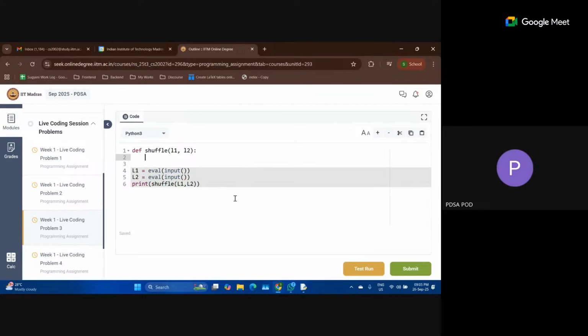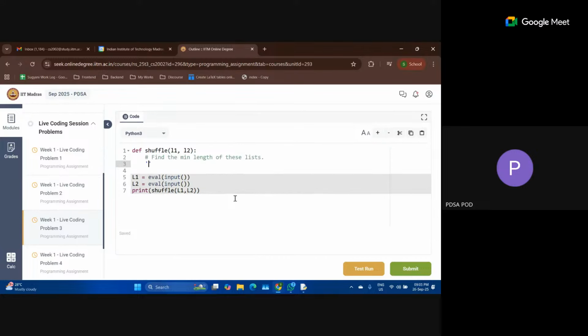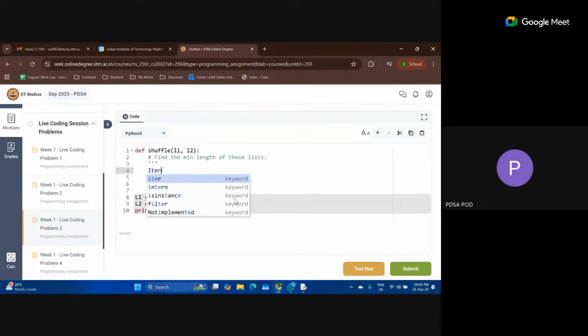Just like you suggested, first of all, we will find the minimum length of both of these lists. So until that length, we will be iterating. Iterate until the minimum length and concatenate both.